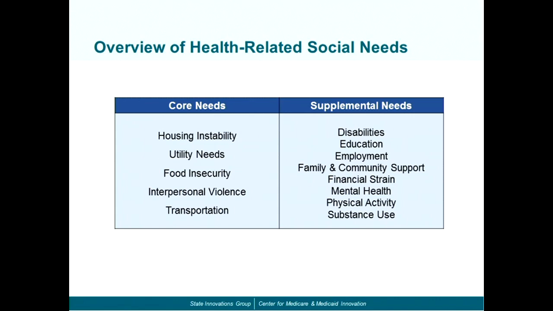And we've learned a lot about which of these needs is more or less frequent and which is easier or harder to address. Certainly one thing we've seen is that food insecurity tends to be the most common need, and that the easiest need to resolve, as reported by our AHC awardees thus far, has been utility needs. I think this data has been very valuable to us as we've been thinking about what it looks like for the